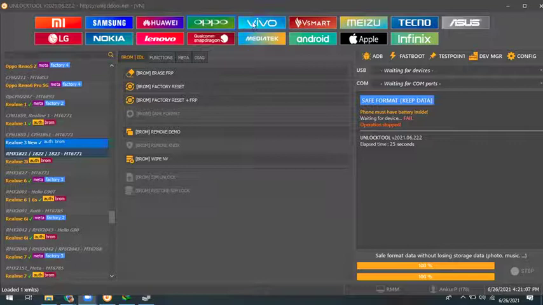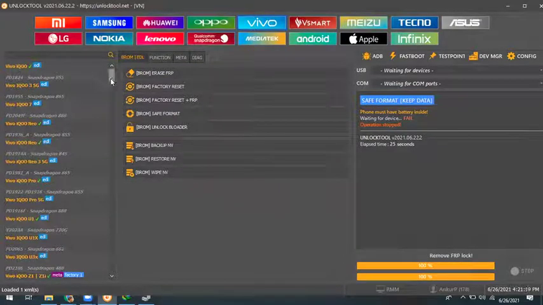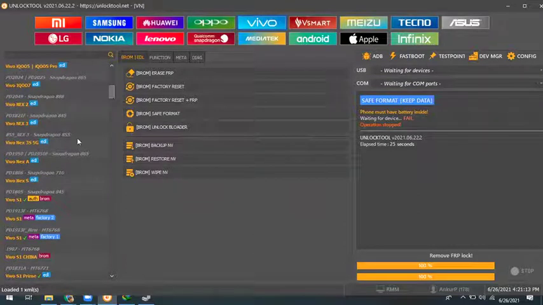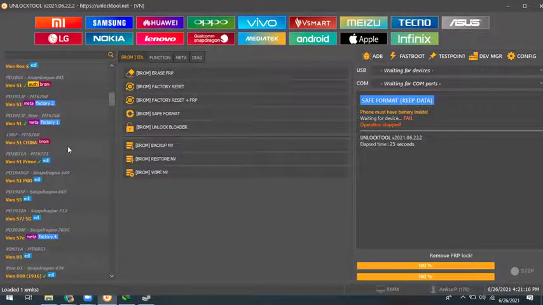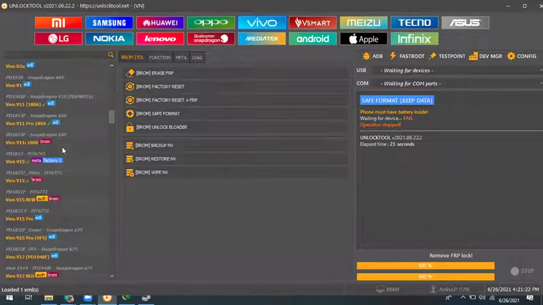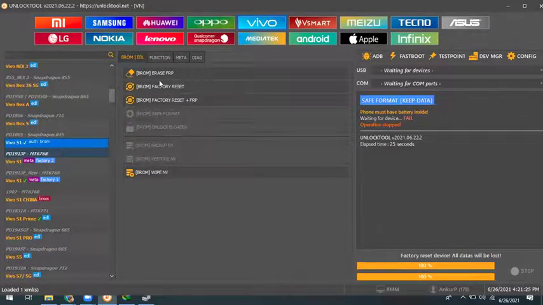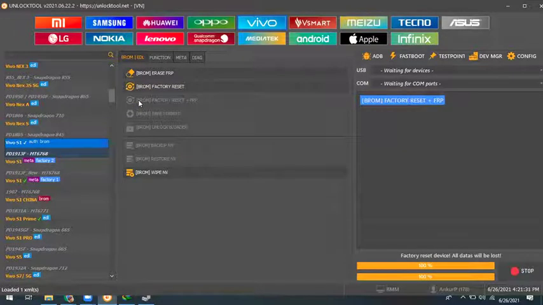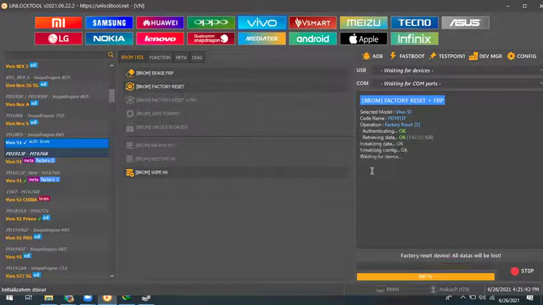Okay, sir. Same procedure in Vivo models. We have to unlock all models like EDL or Brom mode. You know, guys, how to connect your EDL and Brom mode. In Brom mode, for example Vivo S1, it is a Brom mode. It supports auth mode. You connect, click that model and it checks, retrieving, authenticating, and now it needs bypass. So you simply press volume plus and minus and connect. It will bypass first, and after that it will erase the data. Got it? So that is a function of Brom mode.